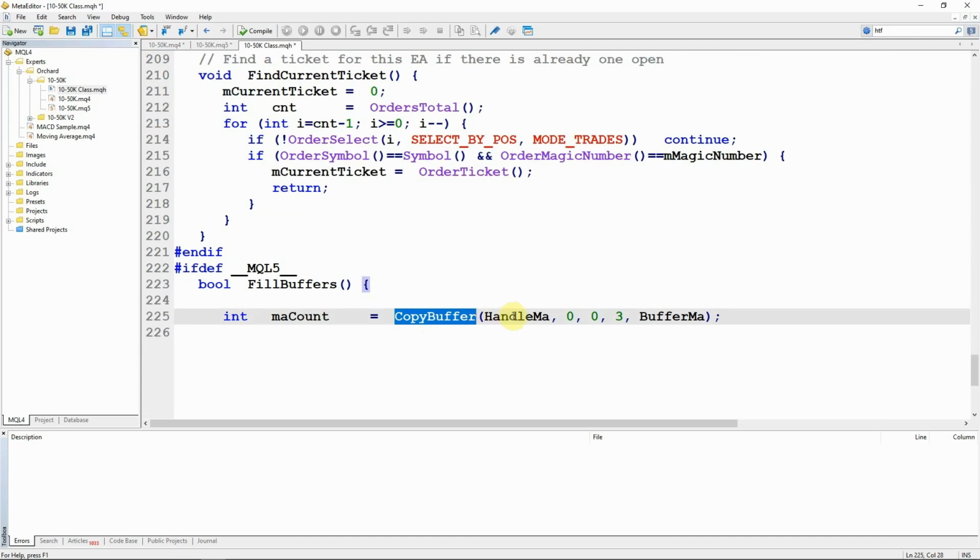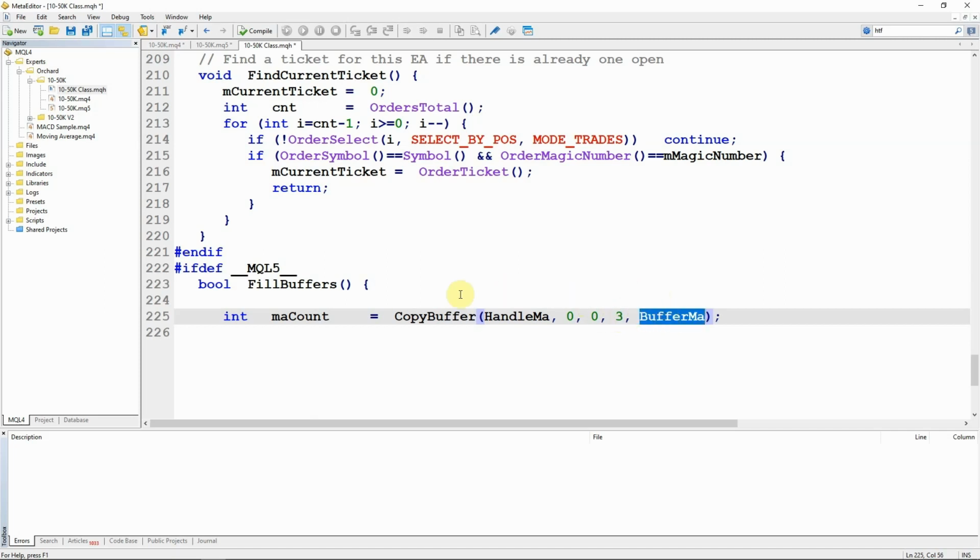So copy buffer, and then the handle to the indicator, buffer number, the start position, and the number of elements to copy. So this is the moving average. It has only one buffer, and that's buffer number 0. I'm beginning at position 0 for 3 values.